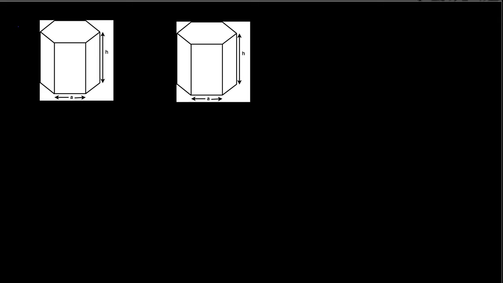The ratio of two edges of two regular hexagonal prisms is 5 to 4. Find the ratio of their volumes and the ratio of their areas. Okay, so we're going to have two